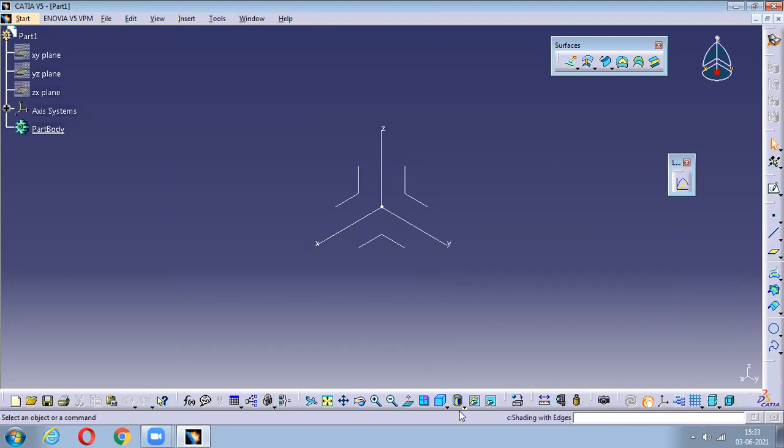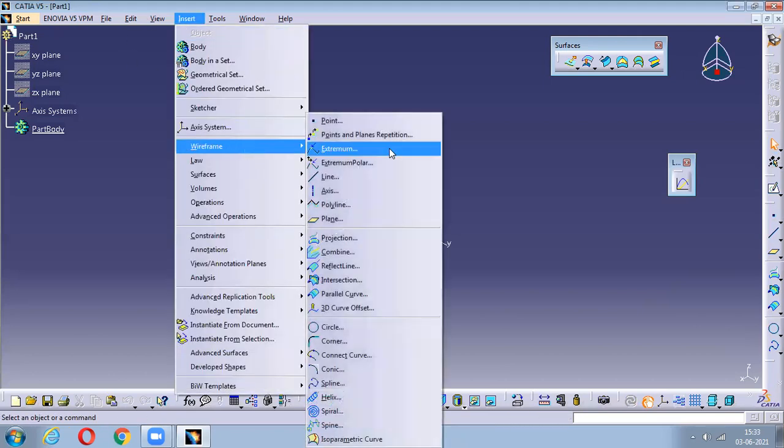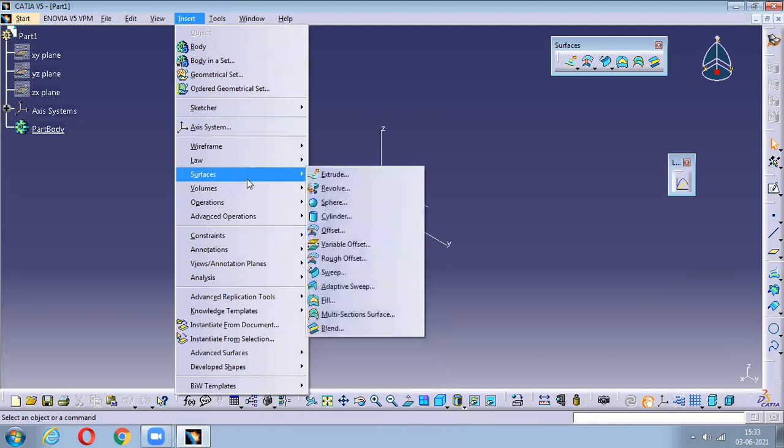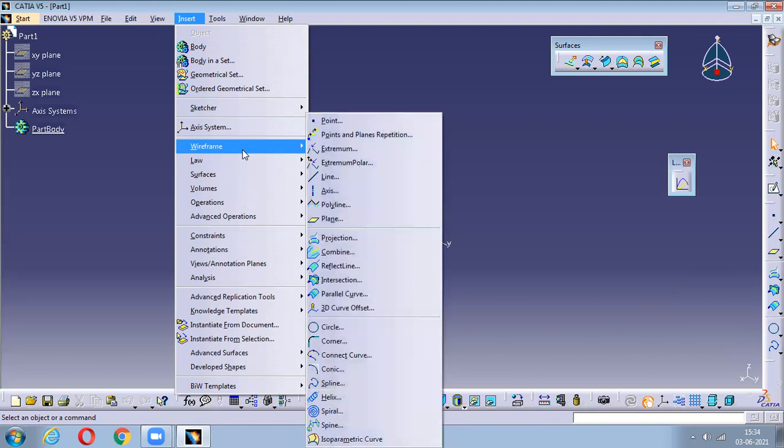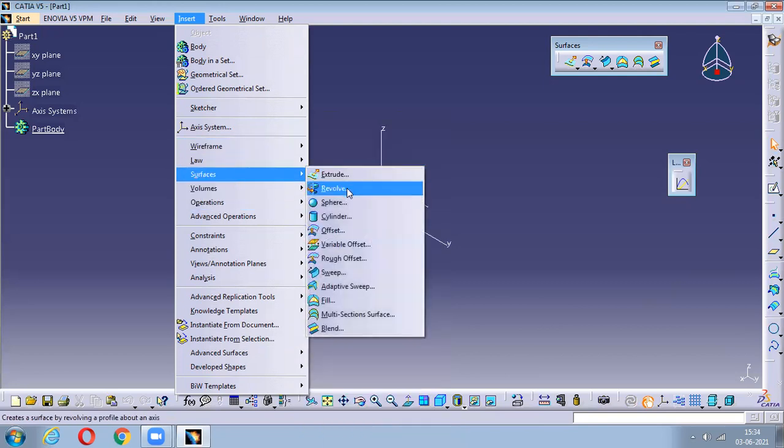And surfaces work with zero thickness, so 0 mm of thickness is what we consider. But later on, once the drawing is completed, we'll assign the thickness according to our requirement. Okay. So now, I won't go with these wireframes, I'll go with the surfaces. Today I'll try to complete surfaces. This surface design takes hardly 3 classes, I guess, 3 to 4 classes it will take. Okay. So now the first thing we'll do is learn the surfaces we have here.